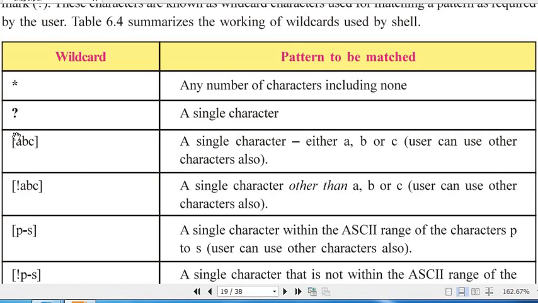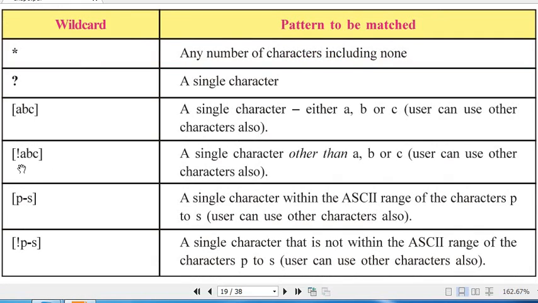Then square bracket, and inside the square bracket if you type any alphabets, A, B, C for example, it means a single character, either A, B or C. The user can use other characters also. It will display the files if the file name contains that character at that place. And this exclamation mark means not. It is the same as this, but not a single character other than ABC.